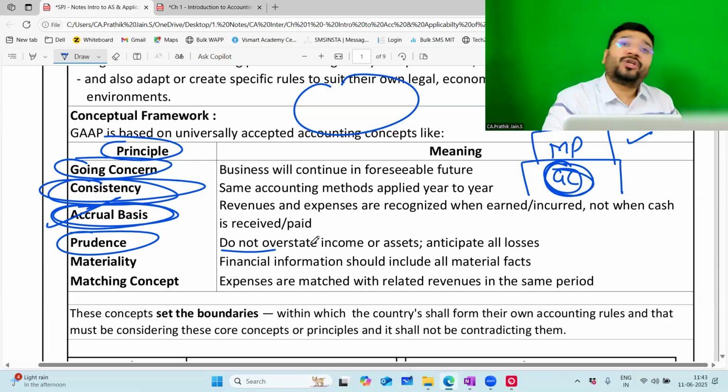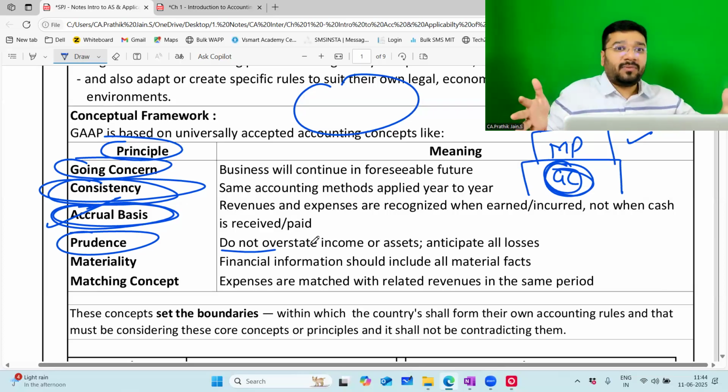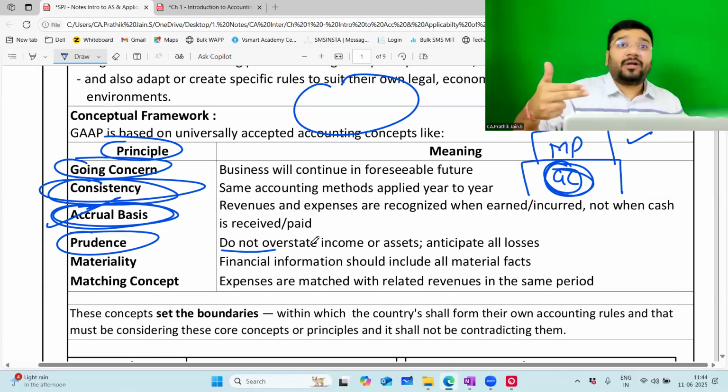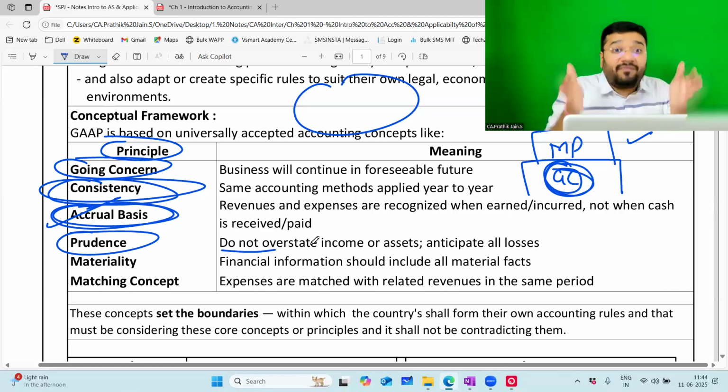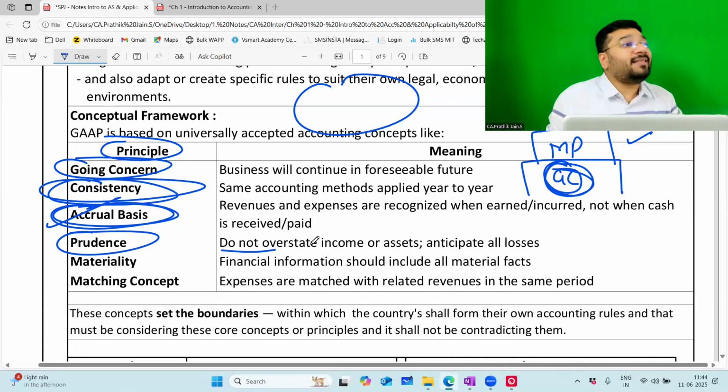Land worth 1 crore, I showed 100 crores. So how much increased? 99 crore increased. What is the proof that this land is worth 99 crores? Is there anybody to give a proper certificate? Maybe they'll give, but that is their opinion. Land in the same area, the price could be different in two different places. If you take RS Puram, on the main road, there's a different price. In a cut road, there's a different price. In multiple cut roads also, there are different prices depending on the width of that road. Nobody can say this is the exact price. So that's why people took advantage of that and tried to overstate the asset value.